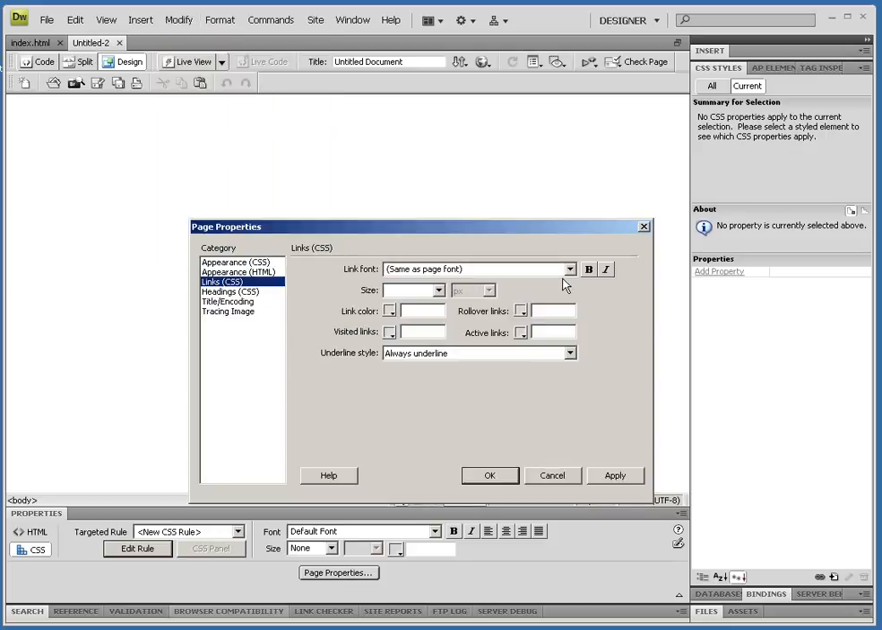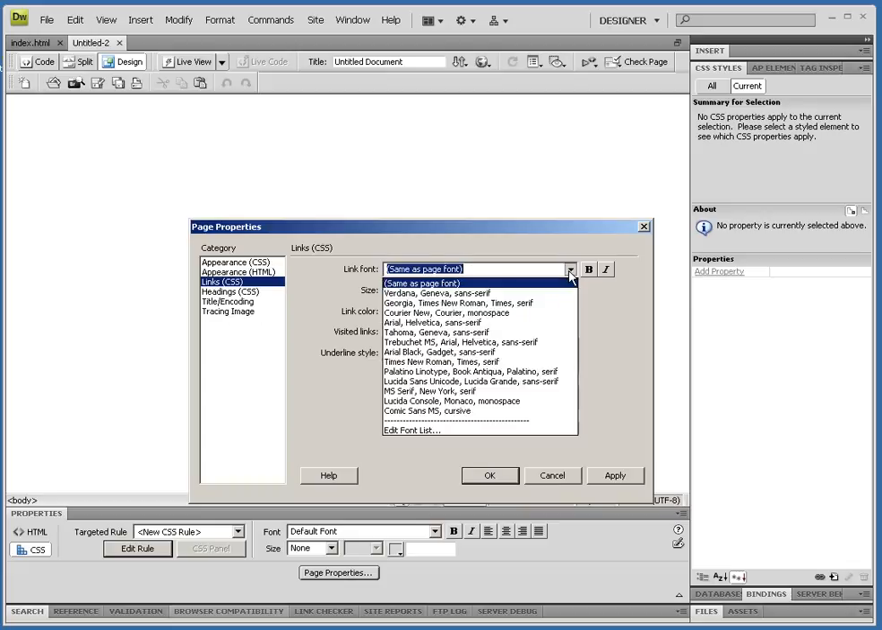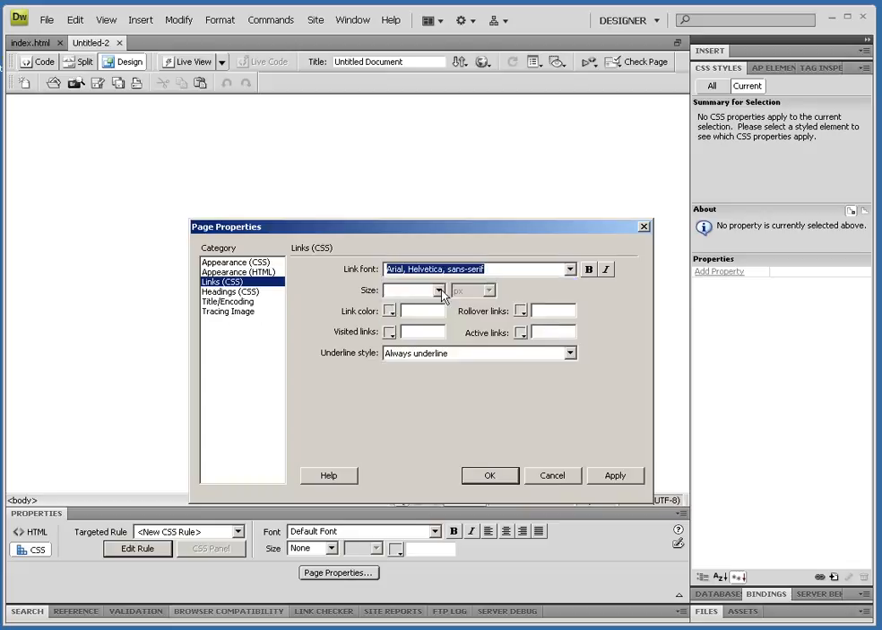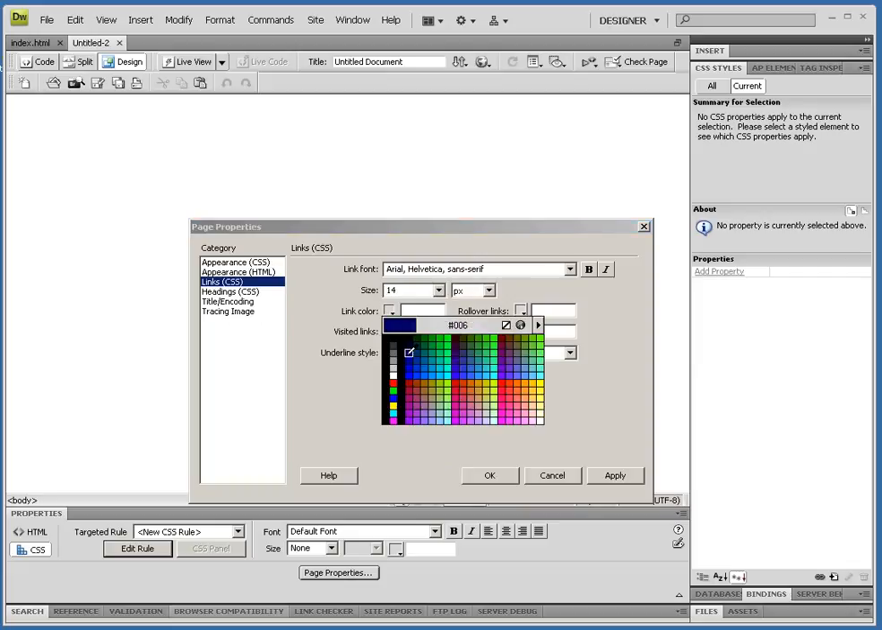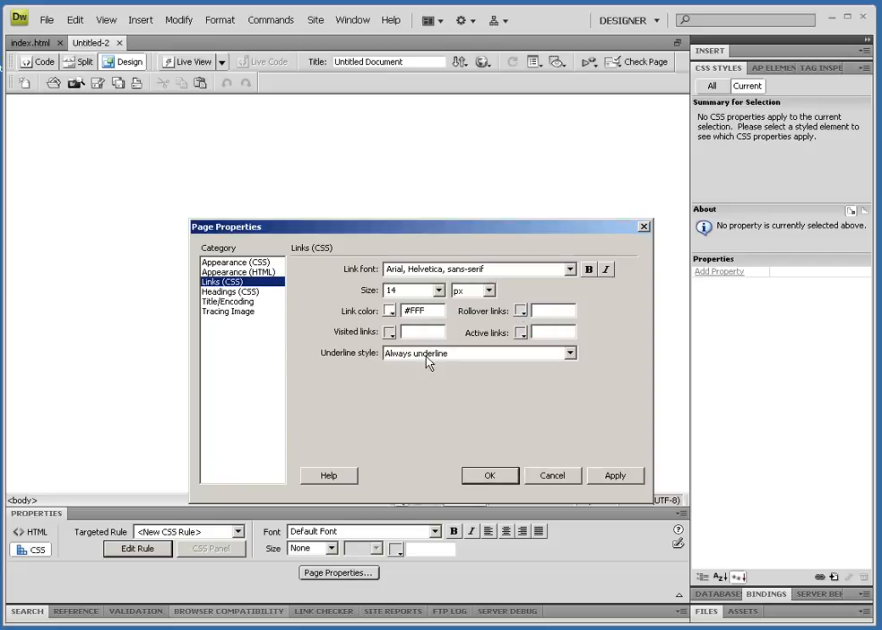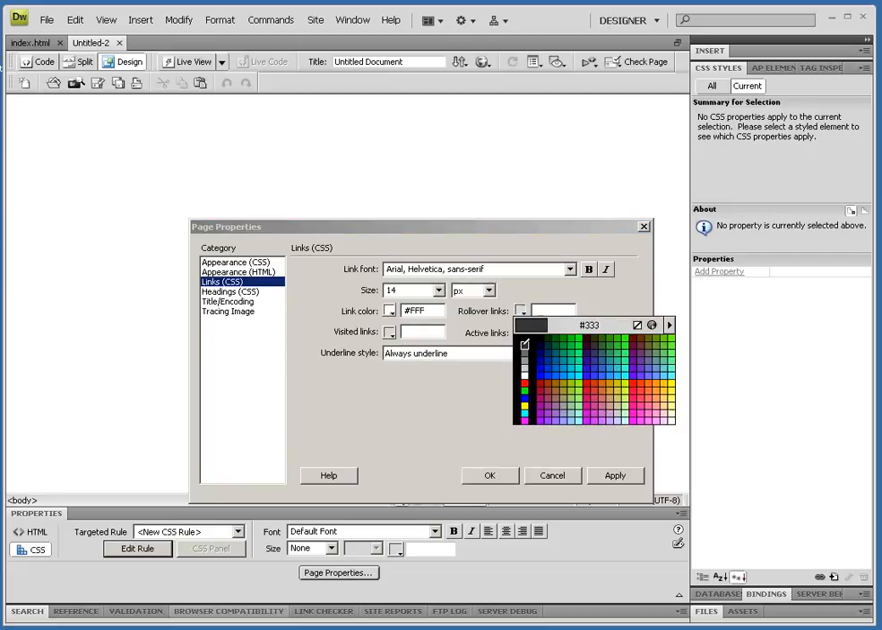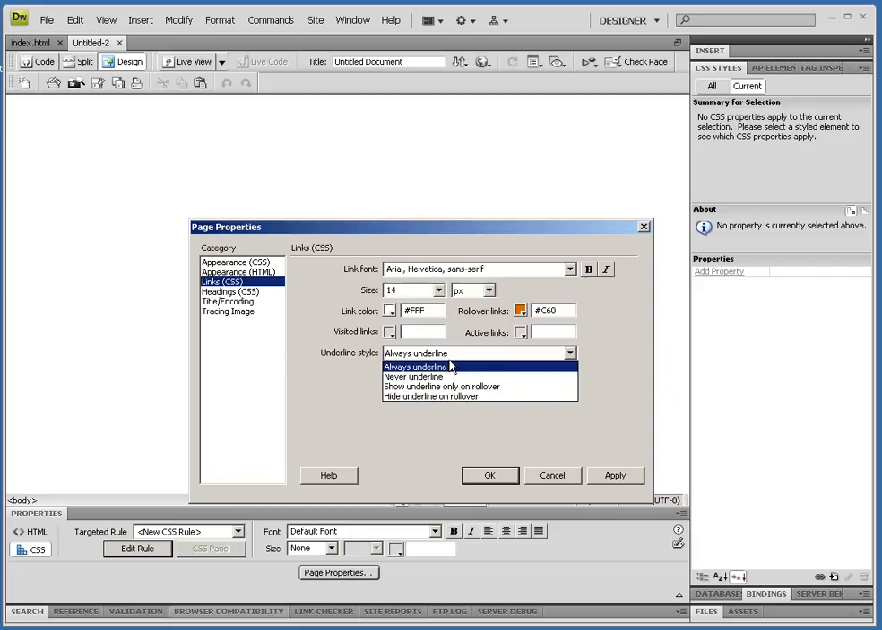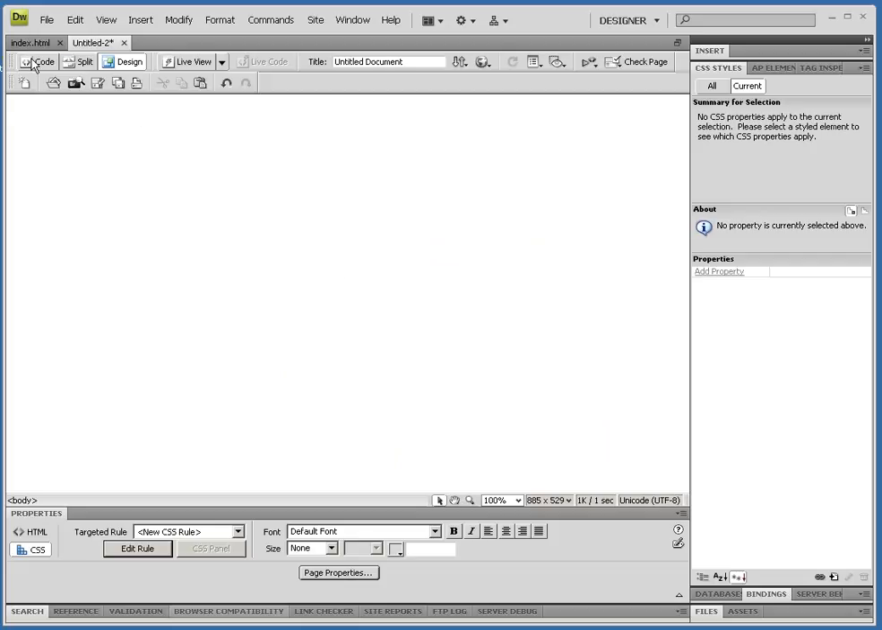You'll notice it says CSS. So here you can decide, well, I want my links to be Arial. I want them to be 14. I want the link color to be, let's say at least in this navigation, white. I want the rollover color to be, let's say, orange. I could even play with this. I want it to only show the underline, and I hit OK, and what it does is it embeds this